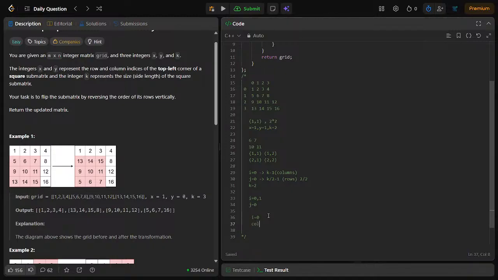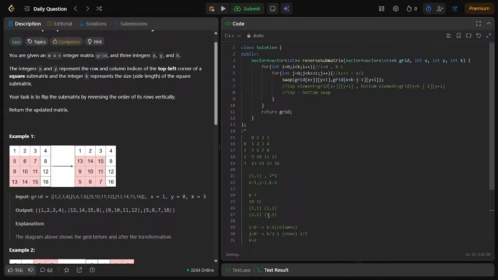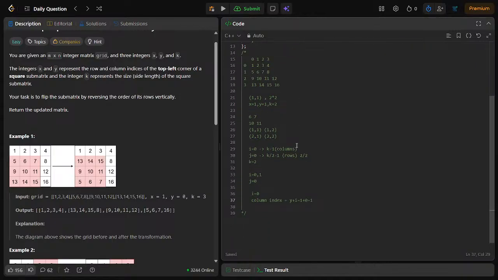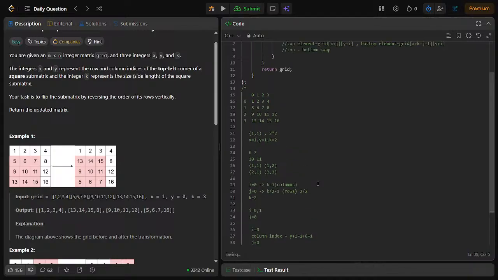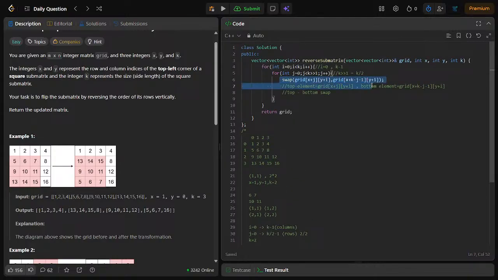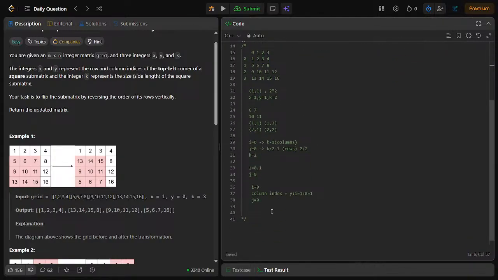So the column index is equal to y plus i, that should be equal to 1 plus 0 equal to 1. Then it will go inside the second for loop and what will it have? First j will be equal to 0, that means the top element, and then it will swap, right? So if we swap,